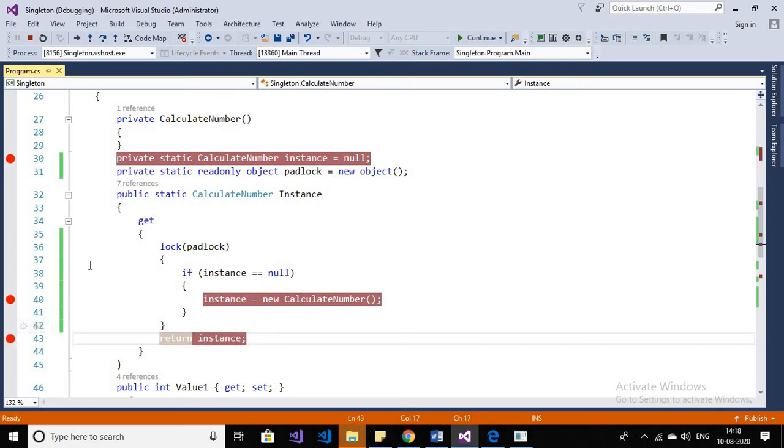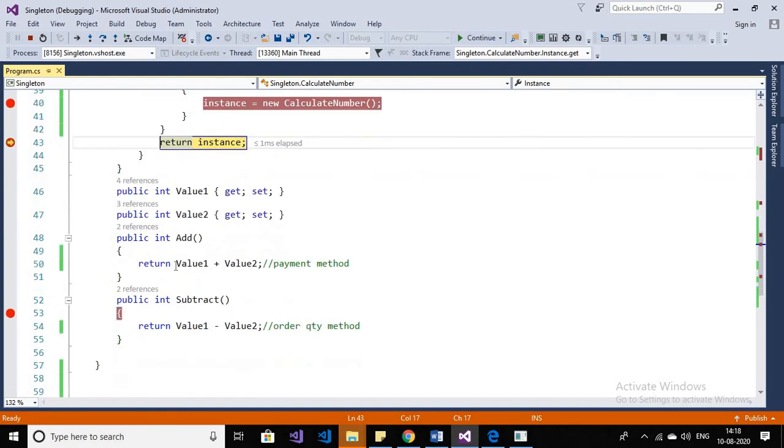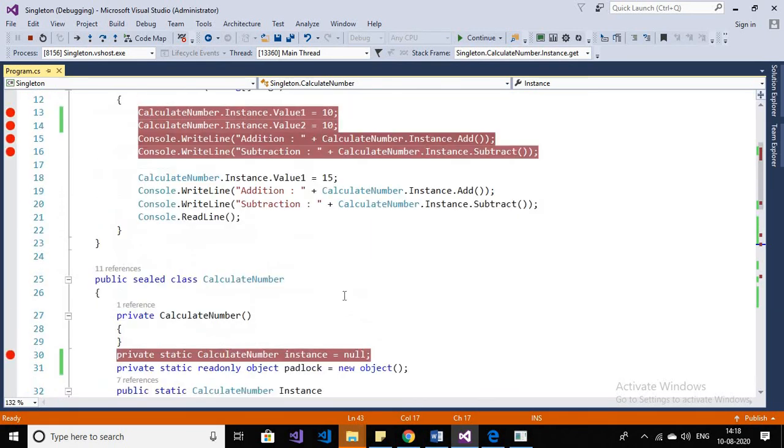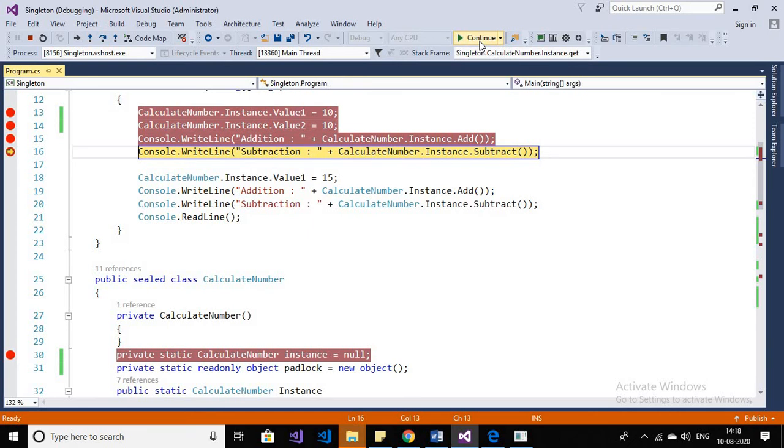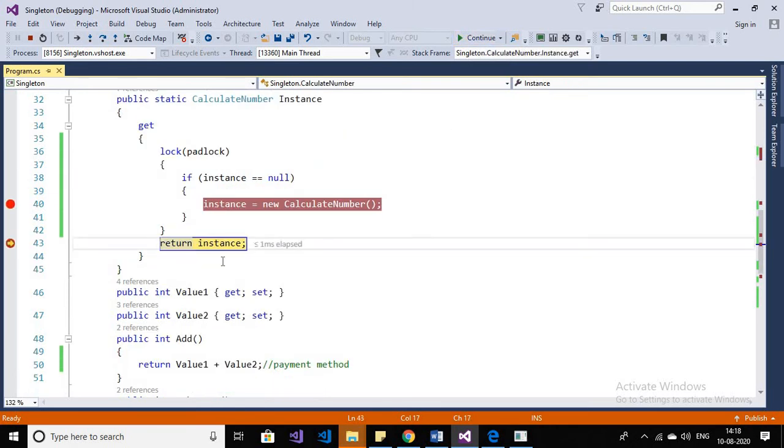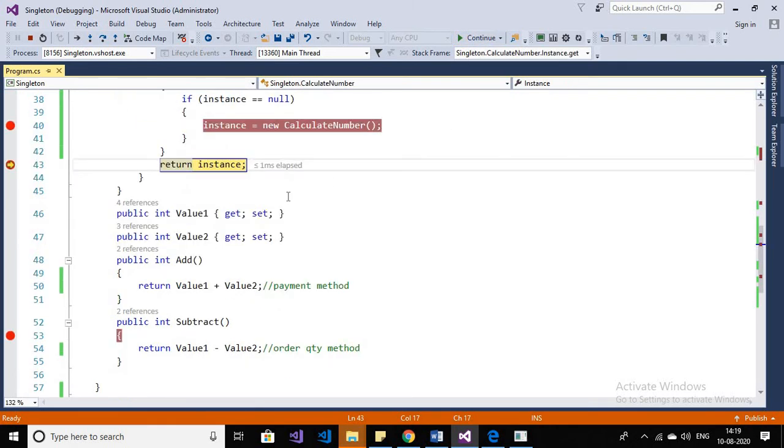Simply it will return the instance which is already created, 10 10. Simply I have written in this method, as you know, that 10 plus 10 20 and 10 minus 10 0, and this is a calculate instance subtract, means it will jump on this instance method.